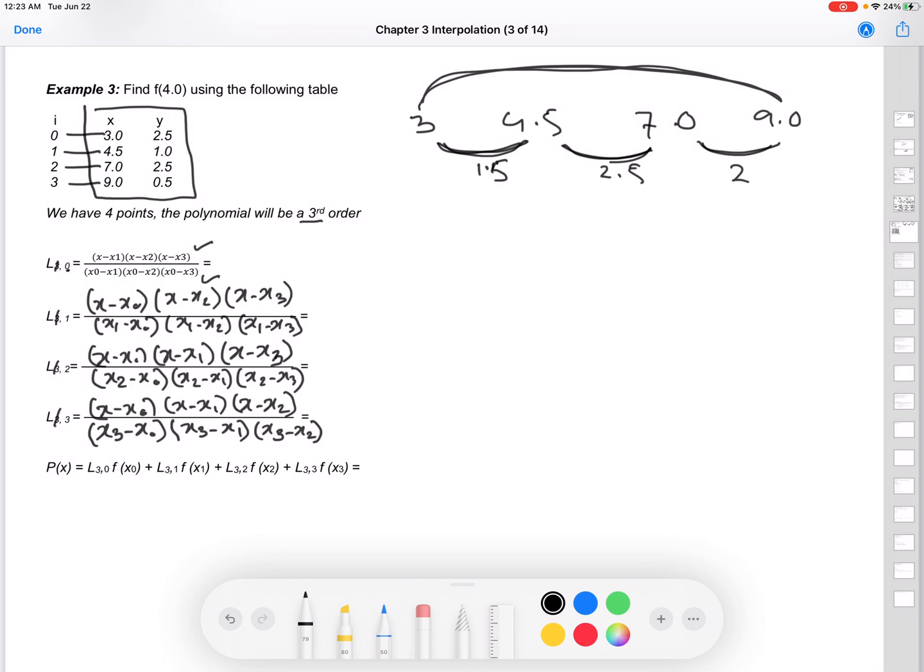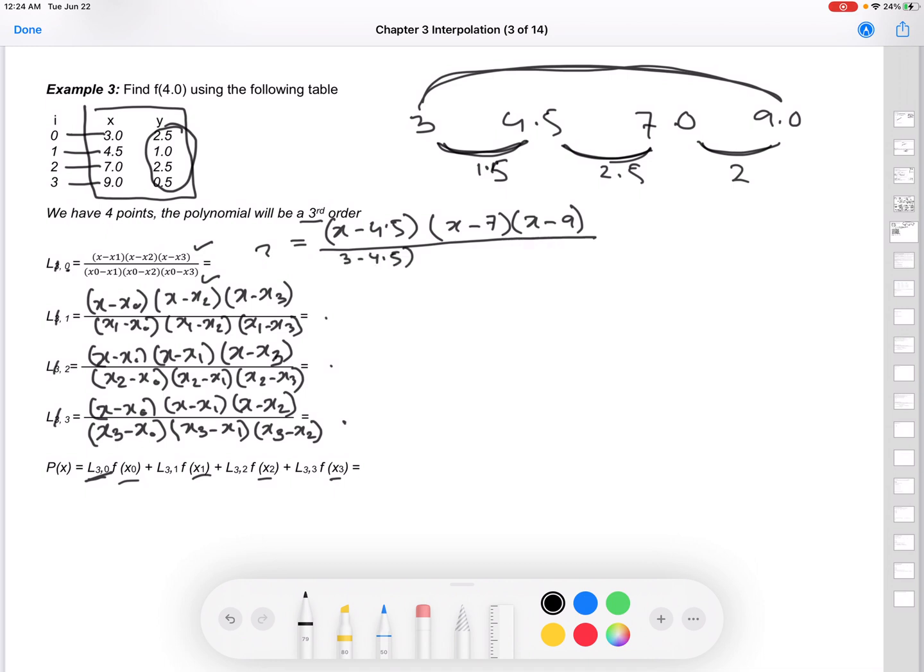So we have calculated L0. This will be your L0. You will calculate it here, then L1, then your L2, then your L3. And f of x0, f of x1, f of x2, f of x3 are given. So these are the values. Okay, right now, let me work more for you guys. x minus x1, x1 is 4.5. x minus x2 is 7, x minus x3 is 9, and then we are dividing by 3